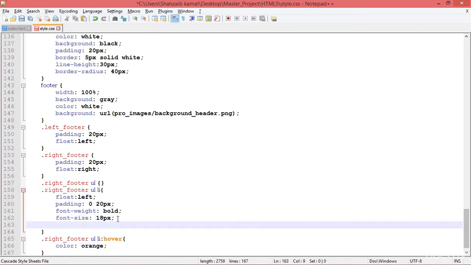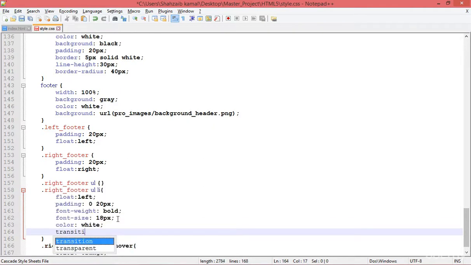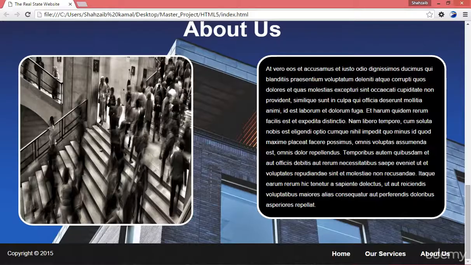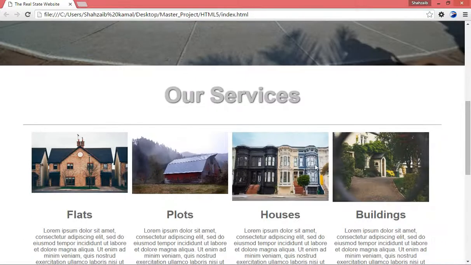So what more I need, I'm adding the color as white by default and pressing enter and adding the transition color to as. Save and then hover the mouse on these elements. Okay, they are going pretty awesome. That's fine. So what more I think I should do, I should leave the whole project